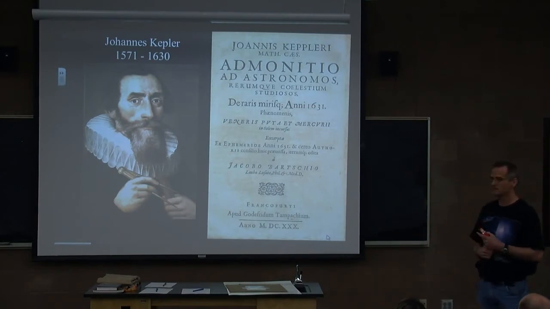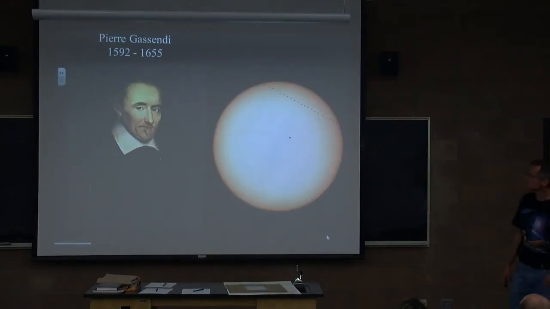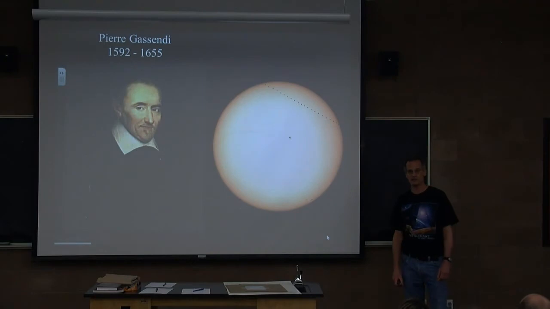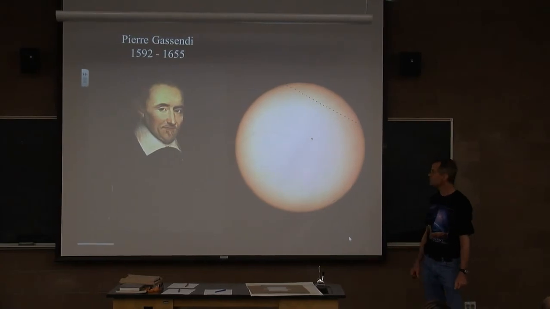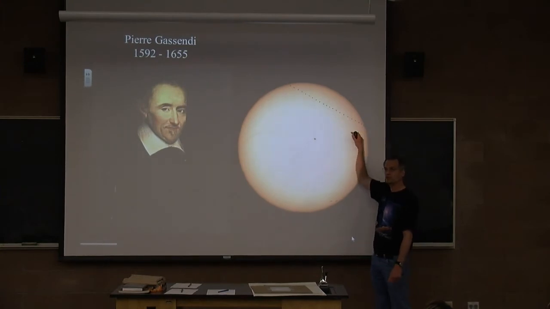And sure enough, in 1639, astronomers watched, first of all, for the transit of Mercury. And the one that we know of that saw it successfully was Pierre Gassendi. Now, he was shocked. He wasn't sure he was even seeing Mercury in front of the sun because of how small it is. He expected it to be much larger. Notice, this is a sunspot. This is a multiple exposure of Mercury in transit across the disk of the sun.